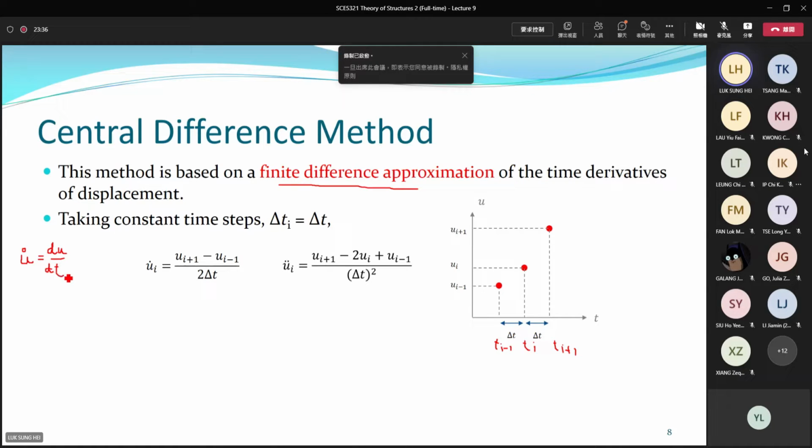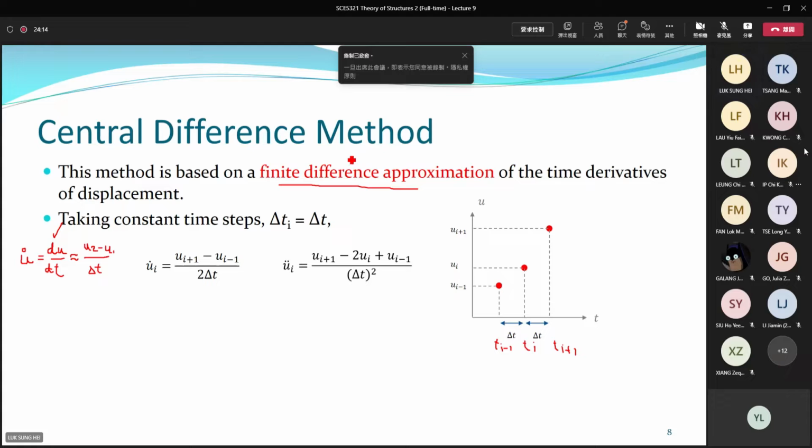Rate of change of displacement gives you velocity. But you can express du/dt approximately using the difference of the displacement, maybe I call this u2 minus u1, over the difference in the time, which means delta t. So if you know the displacement before and after, taking the difference and then dividing by delta t becomes the approximate value of velocity. Okay. Instead of solving this using calculus, you can use this kind of finite difference approximation to estimate velocity or